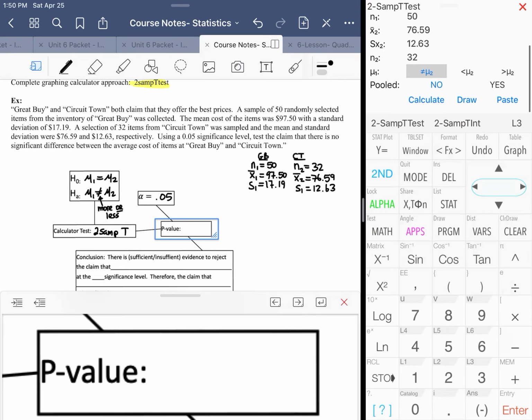So anyway, not equal. We're always going to select pooled as no. The reason behind that is a pooled t-test assumes that both samples came from populations that have the same or close enough standard deviations to one another. I don't know how the populations are distributed for Great Buy and Circuit Town, so I can't make that assumption. So if you're ever in doubt, we select no for pooled